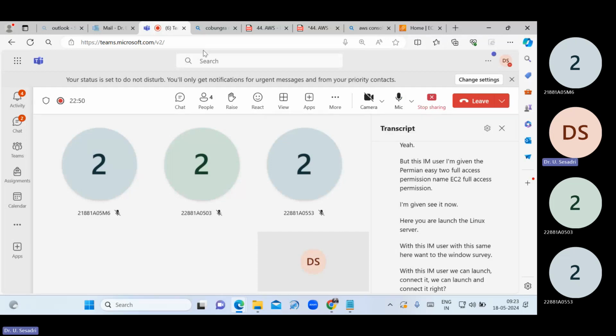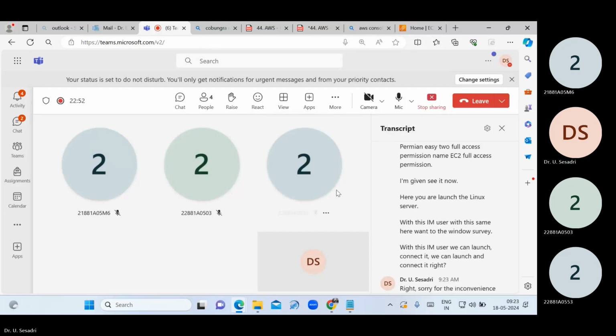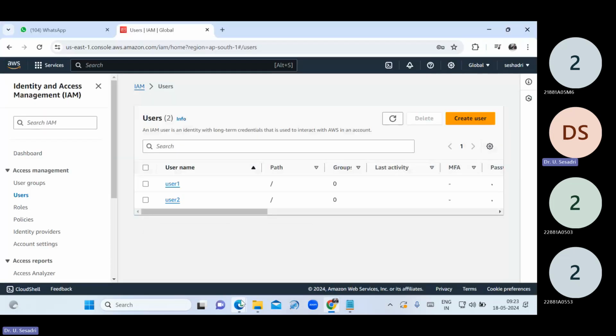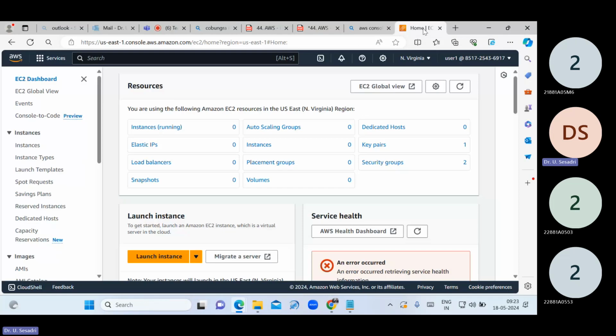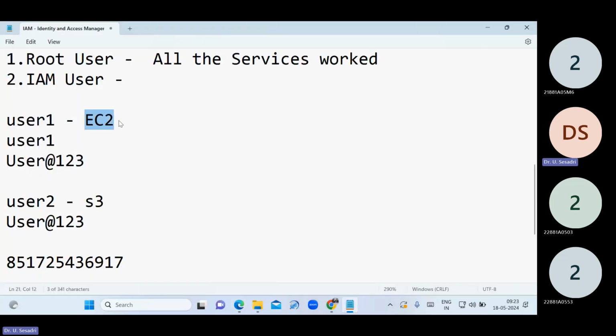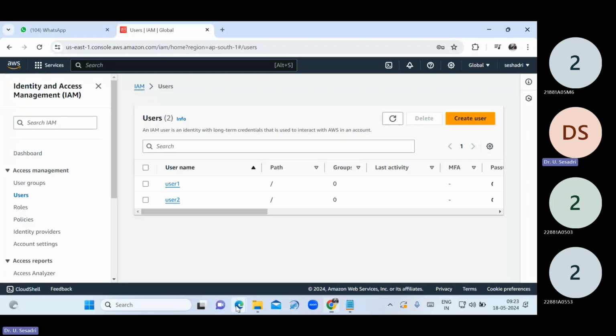Sorry for the inconvenience. Now see, this is where I signed in with my IAM user. Here, user1 is there. For user1, what permission have I given? The EC2 full access permission. For this IAM user,